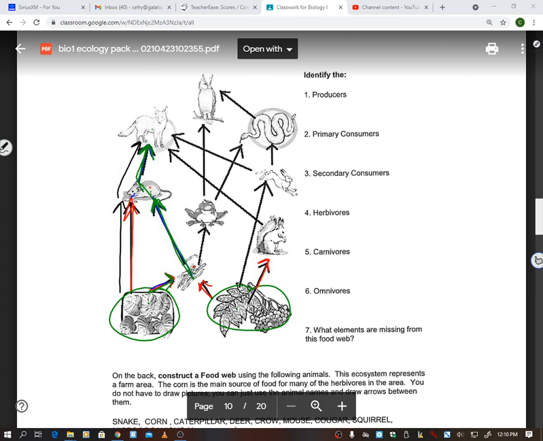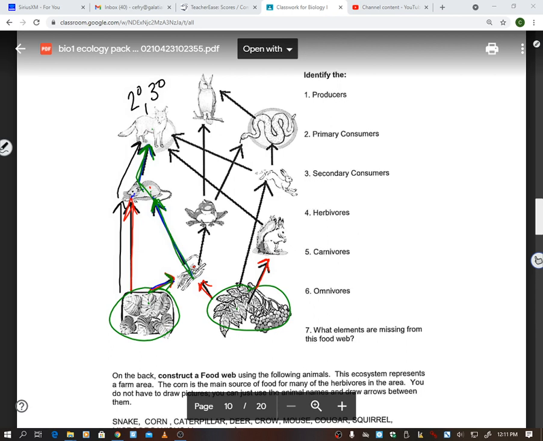Which I'm really gonna hit on that with the kids. So for this one, we could have a secondary consumer, it could be a tertiary. Let's see if we can get quaternary out of this. I wonder if we can. I don't know if we can. I'm trying to see if I have any like that on here.